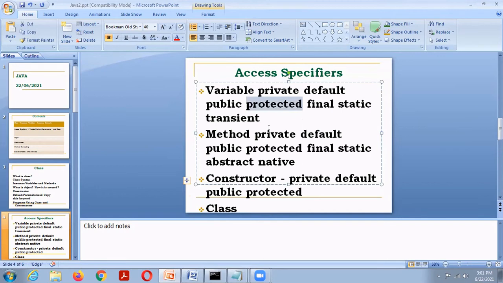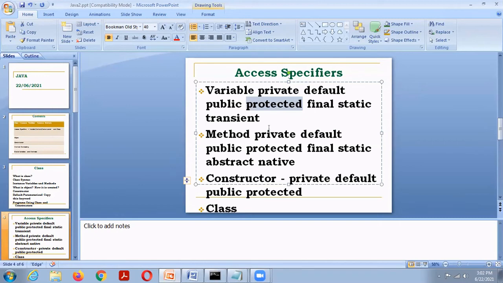A protected member can be accessed from within a class and derived classes. Derived classes means, in Java, we say subclass. So a protected member can be accessed from the same class and subclasses. But within a package, a non-subclass can also invoke the protected method.